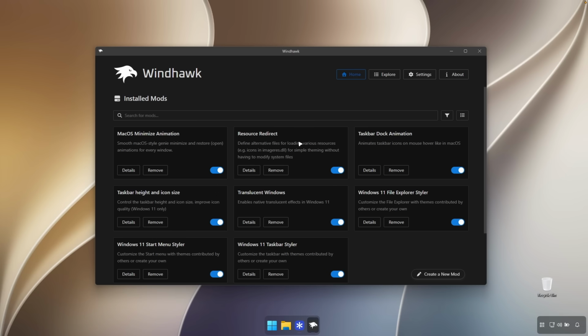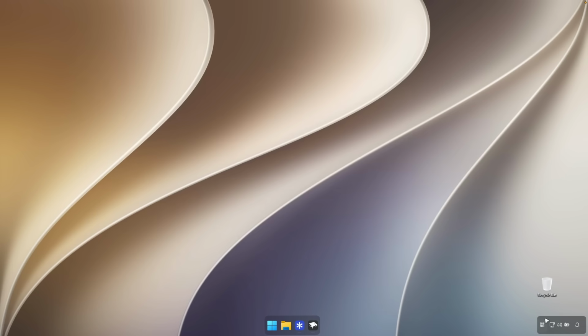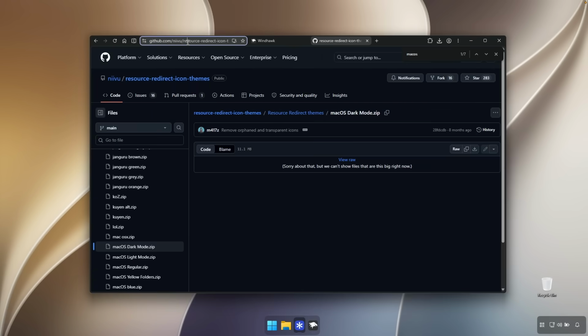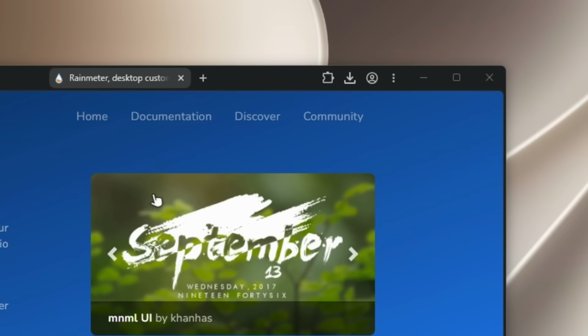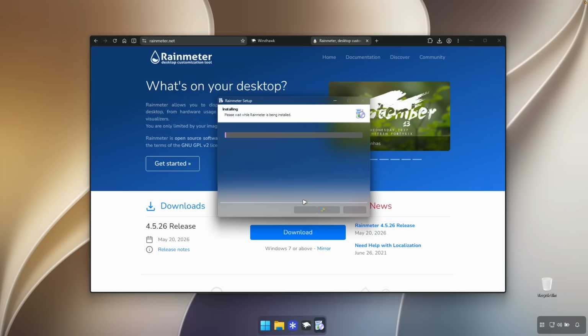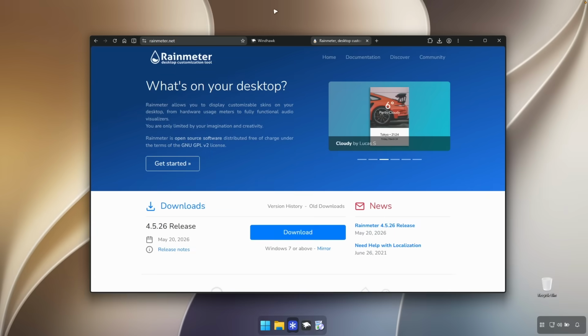So let's go to home to see which of the mods we have installed. There's plenty of the mods. We can continue here with the widgets and the top bars. Let's go straight here and let's install Rainmeter. Now let's just click here on this setup file. Okay, next, install. And now for this top bar, or the menu bar macOS has, let's download this skin, which